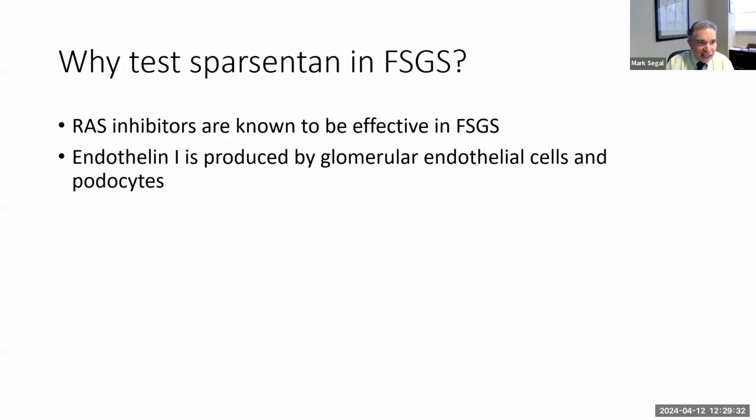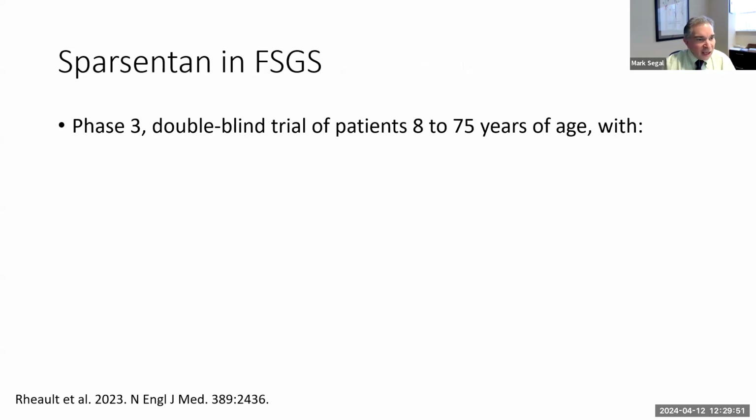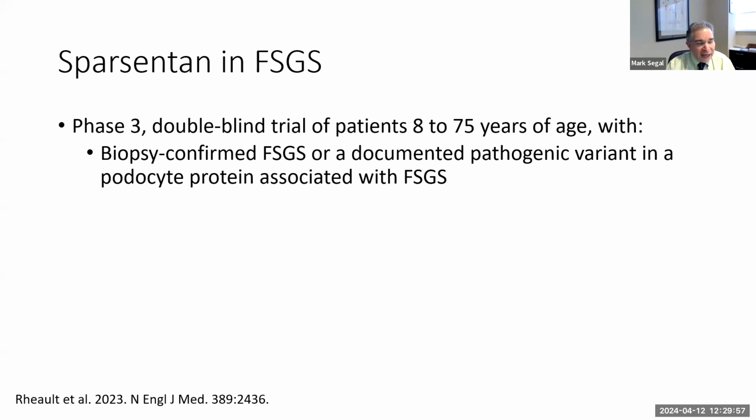But additionally, endothelin-1 is produced by glomerular endothelial cells and podocytes. And within podocytes, endothelin-1 activates Rho and PI3 kinases, which disrupt the actin cytoskeleton and the slit diaphragm. So it makes sense. They did a phase 3 double-blind trial of patients 8 to 75 years of age with